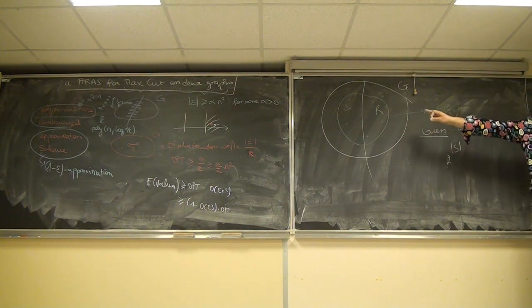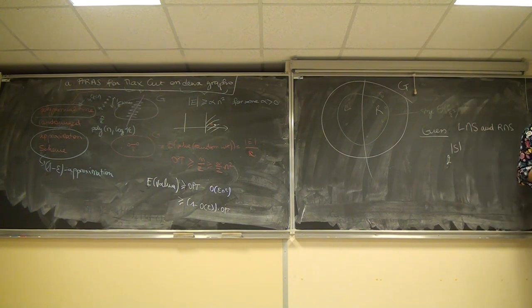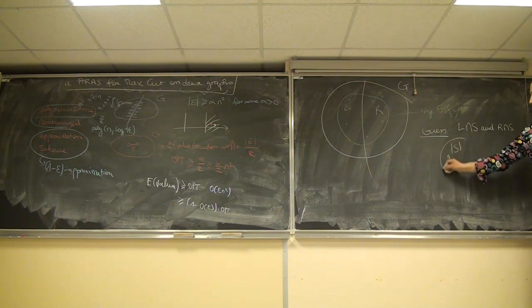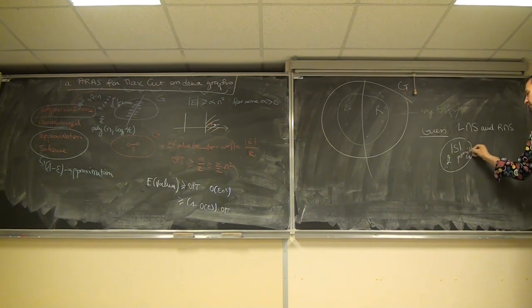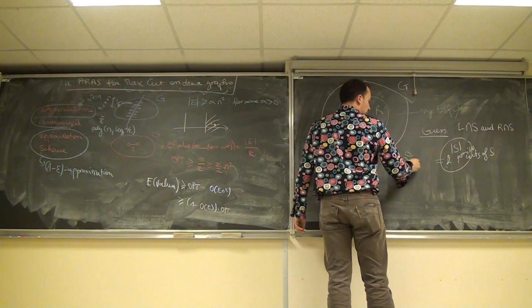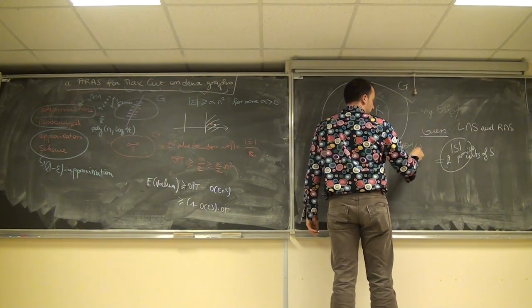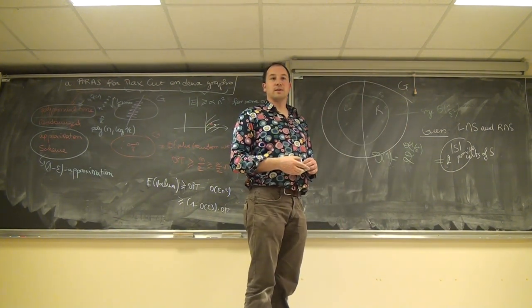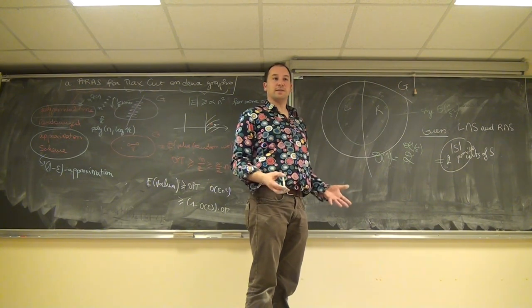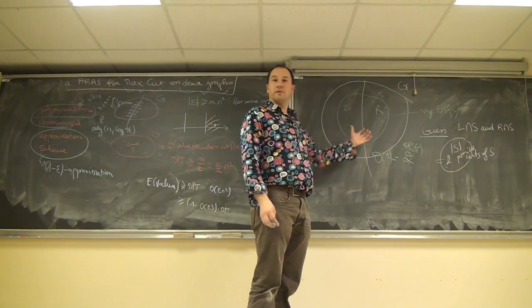S is a random sample of the graph of size 1 over epsilon squared. So basically, you have 2 to the size of S possible partitions of S. You have 2 to the S possible cuts of S. And what is that? Well, it's 2 to the theta of 1 over epsilon squared. This is theta of 1. With a constant number of tests, you can scan all the possible cuts.